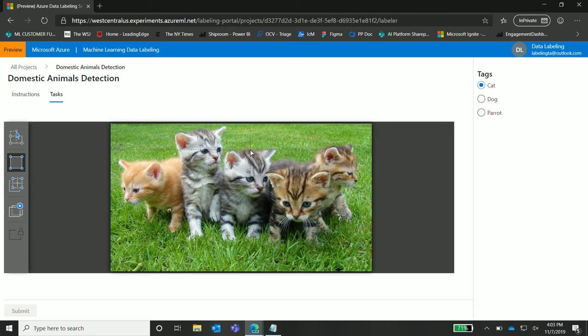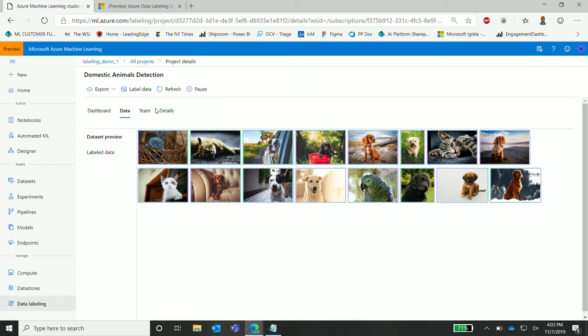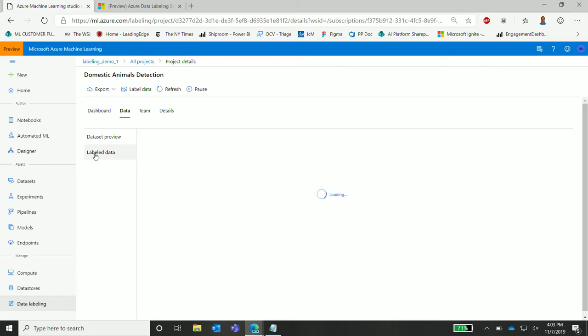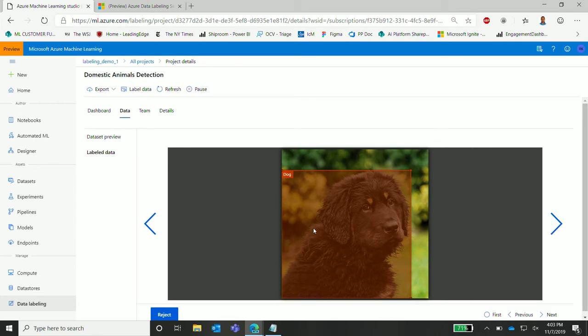Now imagine you have a team of people helping you in the labeling process. They can all work in parallel. So I'll skip the labeling part here because this is the same experience that you saw earlier. And from here, this is your portal, the studio. From here, you can see the labeled data, the data that has been labeled by other people. You can just navigate through it. And this is the place from where you can also do quality control. If you don't like a particular label for whatever reason, let's say the label is not drawn correctly or it's not tightly drawn around the object, you can reject it.